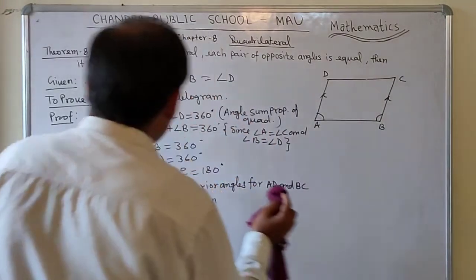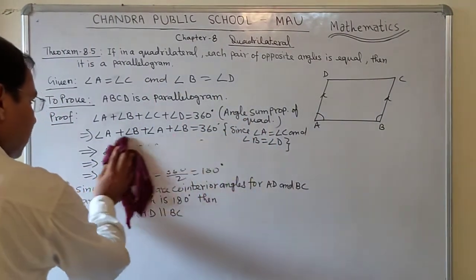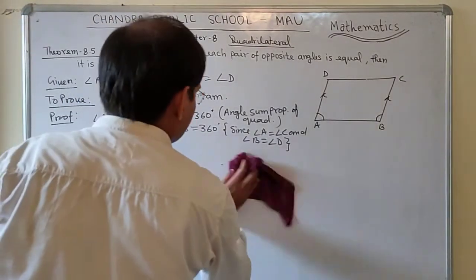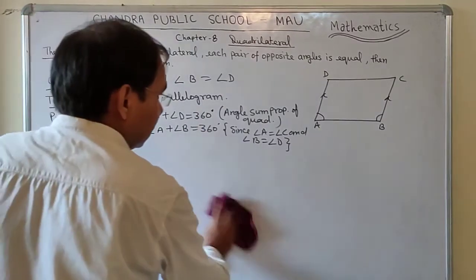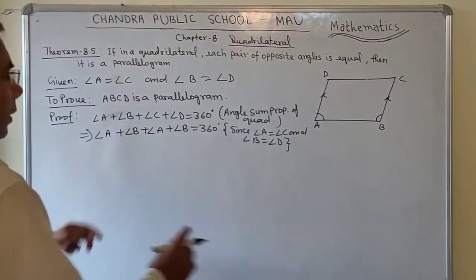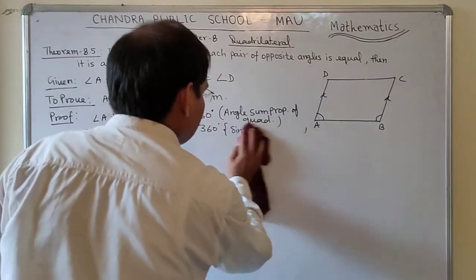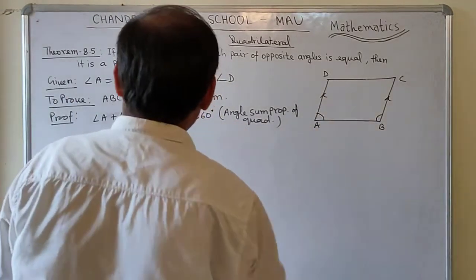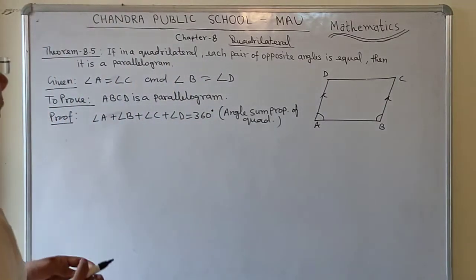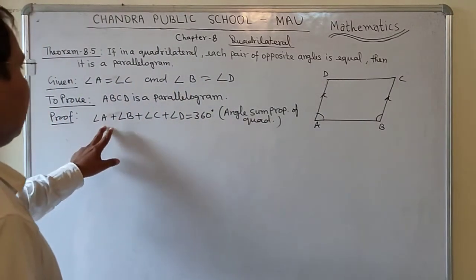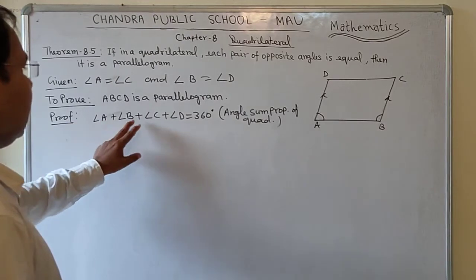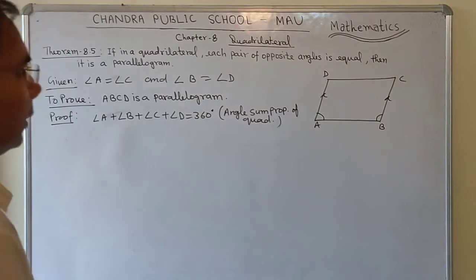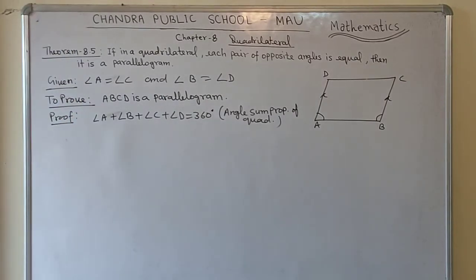Now students, I am going to erase up to here. These lines I am going to erase to give the proof for the second pair of line segments. I am also going to erase this line. Now here I will use this statement again. So again you need to write angle A plus angle B plus angle C plus angle D equal to 360 degree. That you need to write again.